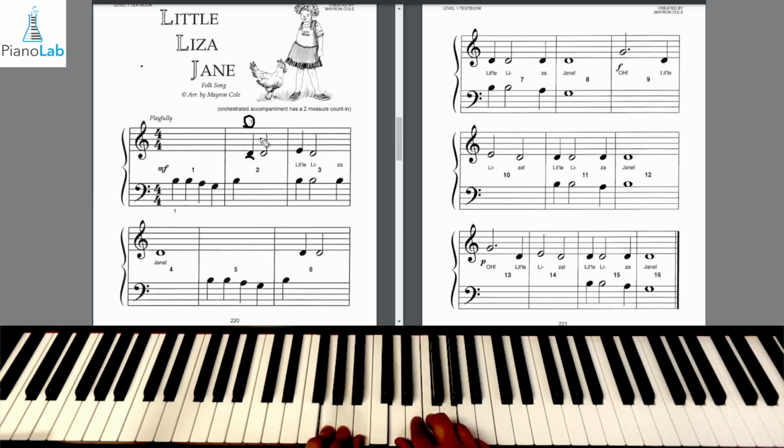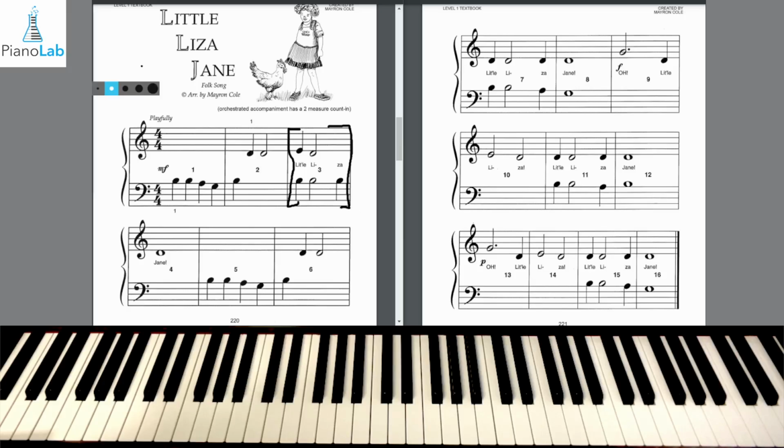Those are our notes we're going to be using in Little Liza Jane. Okay, so here's how we're going to practice this song today. We're actually going to focus on the hands together sections because we haven't done too much hands together for notes, and I want to show you how to practice these, and then we'll play each 4 measure section to a